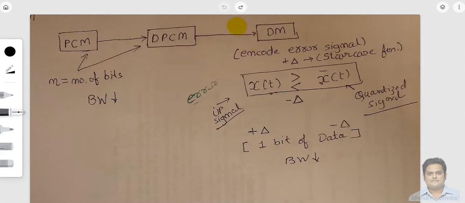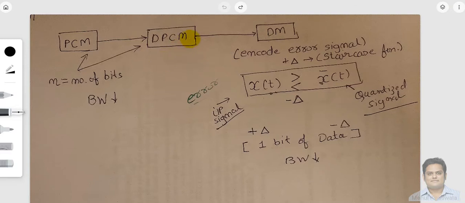Till now we have seen PCM, pulse code modulation, where we find that it uses a huge amount of bandwidth. So we came up with one solution, the DPCM technique, where we take differences between two consecutive samples, produce the appropriate quantized signal, then encode those quantized signals and send them over the network with the help of digital signals, right?